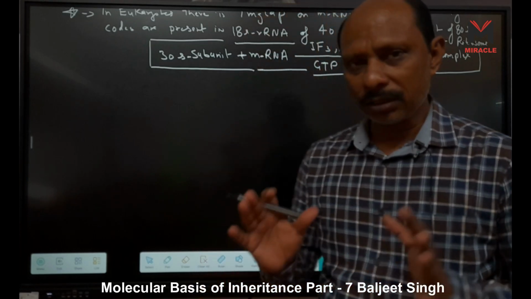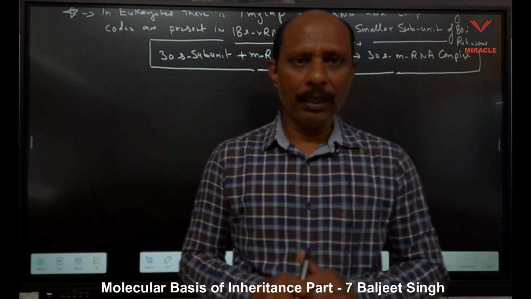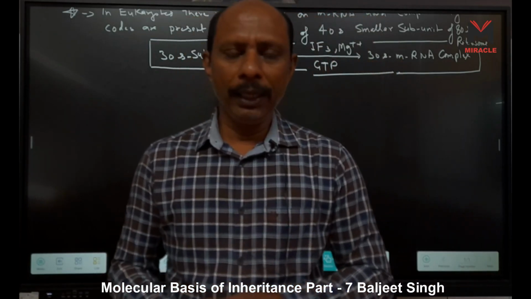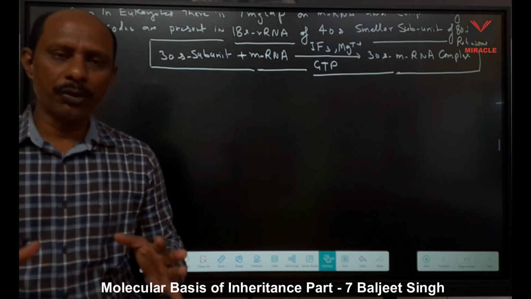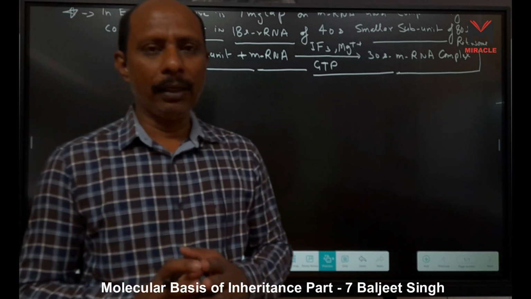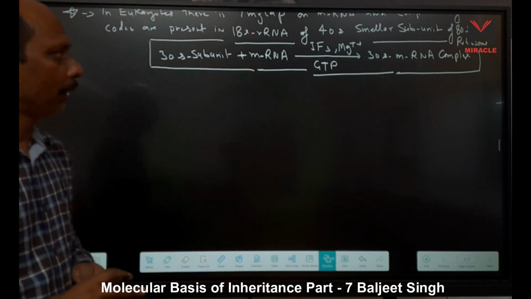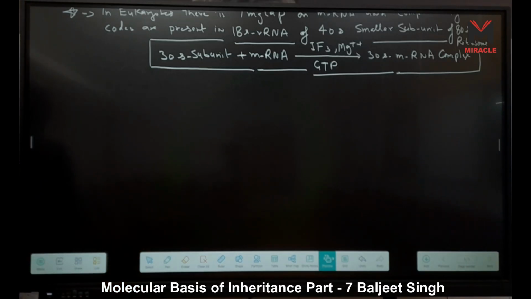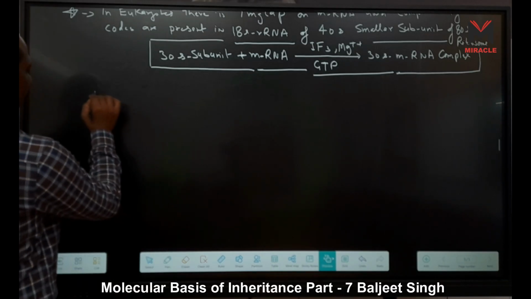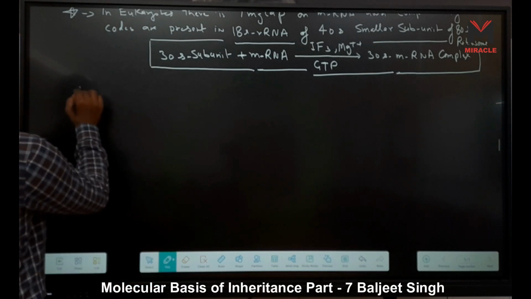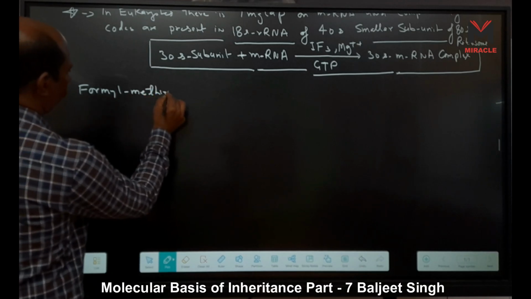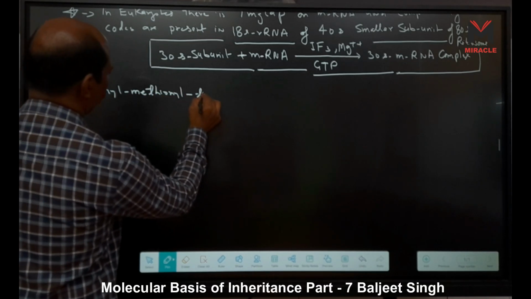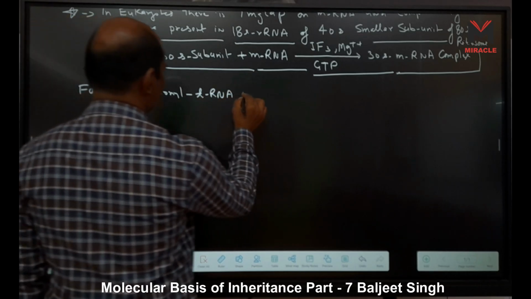But we know the first code, the initiation code, is AUG, and AUG is responsible for methionine, right? In bacteria it is not methionine, it is formyl methionine, right? So here we should write formyl methionine transfer RNA. You understand why I said formyl methionine transfer RNA complex? Because it is the initiation codon. So here we should write formyl methionine, transfer RNA complex